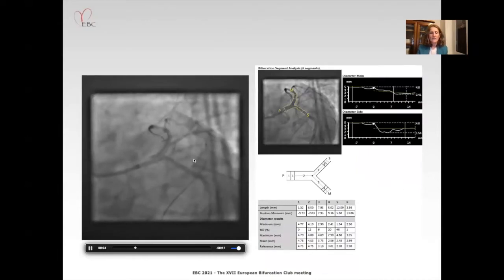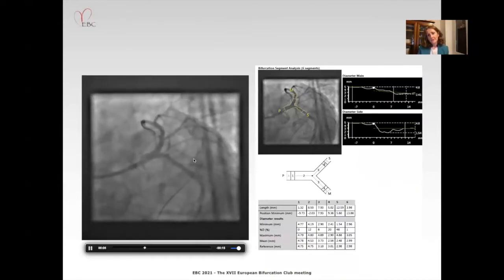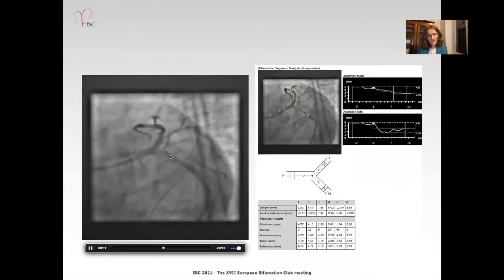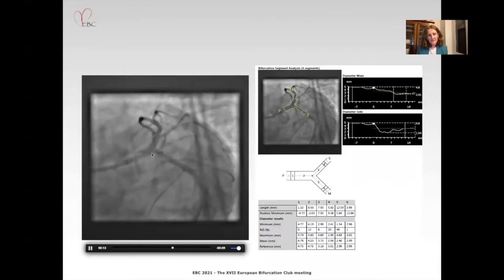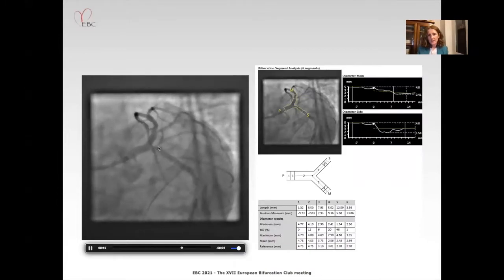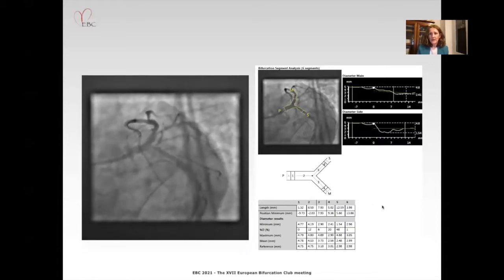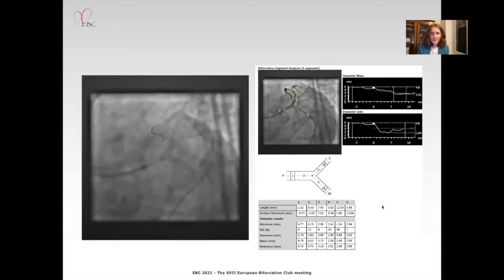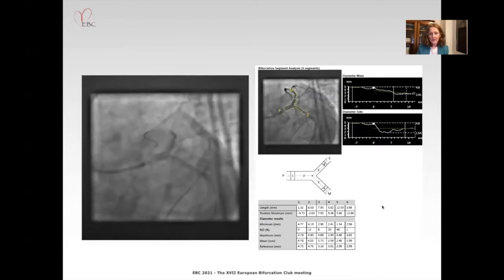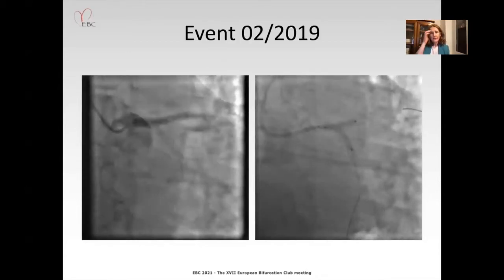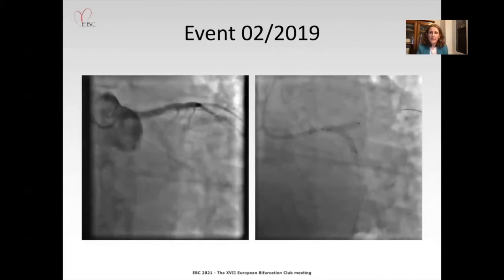So there's a good result in the main branch. And we can still see there's this residual stenosis at the ostium of the circumflex where we have the geographic miss here, and it's 48% by QCA. So this patient was then discharged on aspirin and clopidogrel, but about 3 weeks later comes back with severe chest pain,